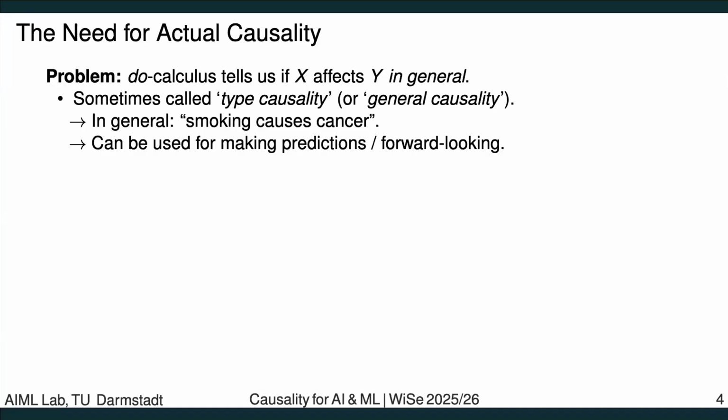But if we are looking at a particular scenario, at a particular type of setting or variables, maybe our reasoning will diverge from these default assumptions, these default distributions, and we observe effects or causes that might not align with the average assumption. And the good thing about do calculus is, as we have seen, that it can be used for making predictions. So it generalizes over the whole class of problems or scenarios that we want to model.